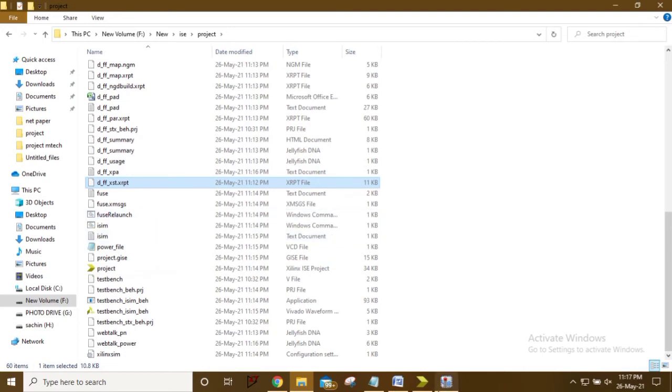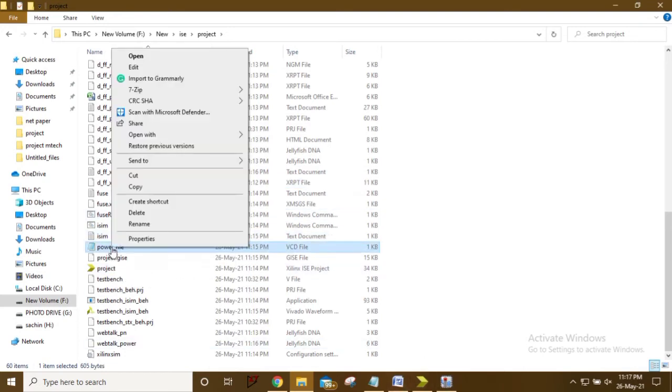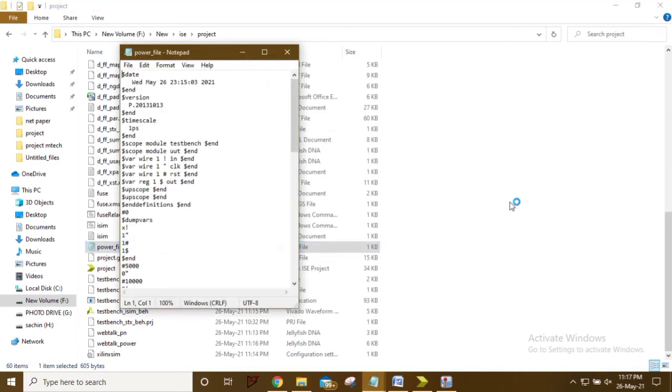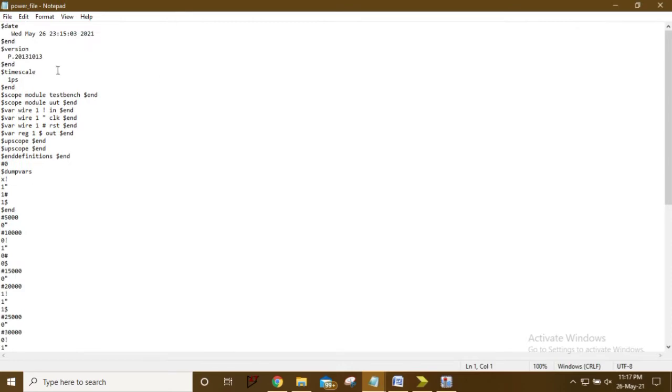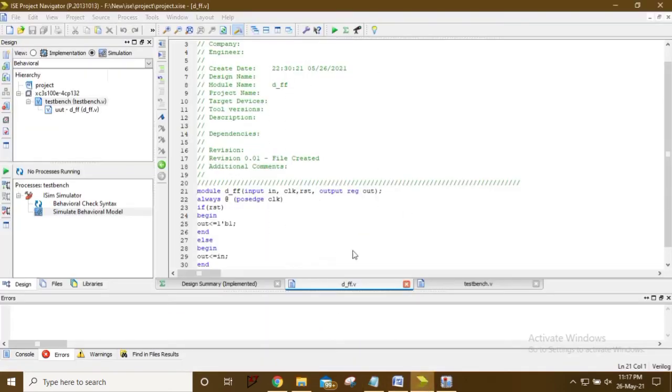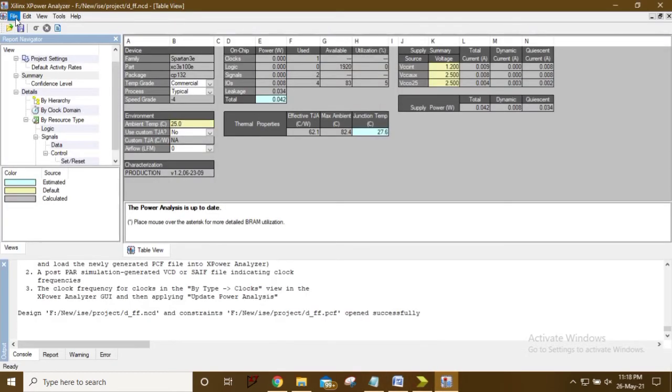Here is the power file. Just right click on that and open with Notepad. Once you open it with Notepad, you can see these are the simulation activity, and you can close it, and again you will run this power analysis, same procedure, and that error will be rectified.